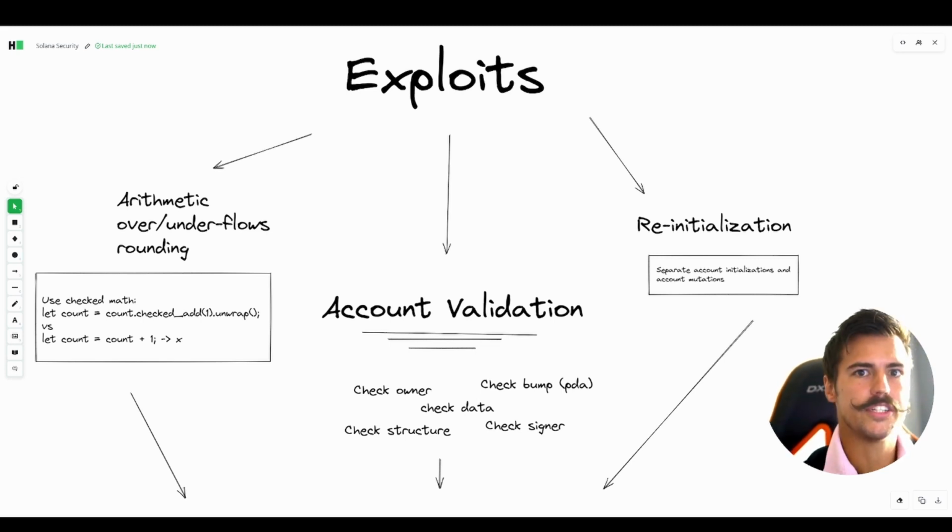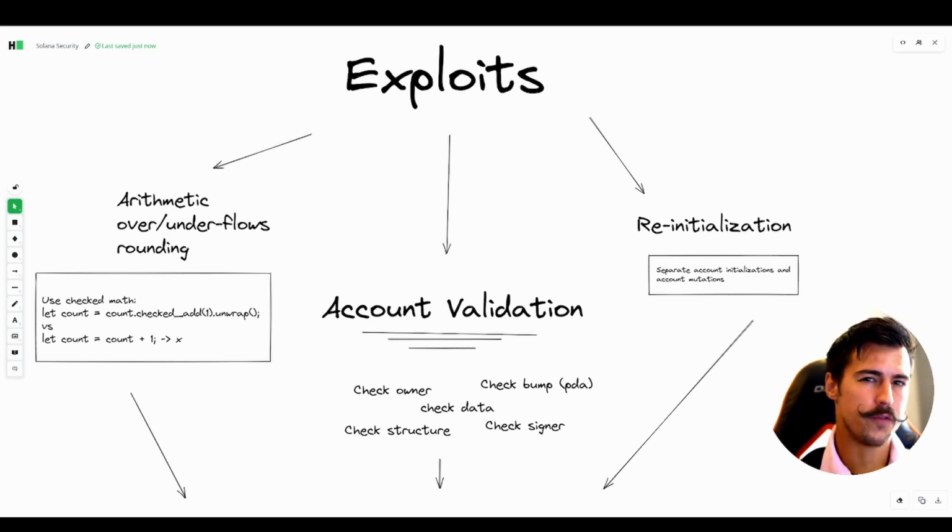A reinitialization attack might happen if a user passes in an account that your program expects to be closed with data it probably isn't equipped to handle. A simple solution for this is to always separate your account's mutations from their initializations or closes for that matter. Doing this is not only best practice, but will stop a lot of different types of attacks on your programs. Luckily, we haven't seen any crazy value lost with this type of attack, but I'm sure it's just a matter